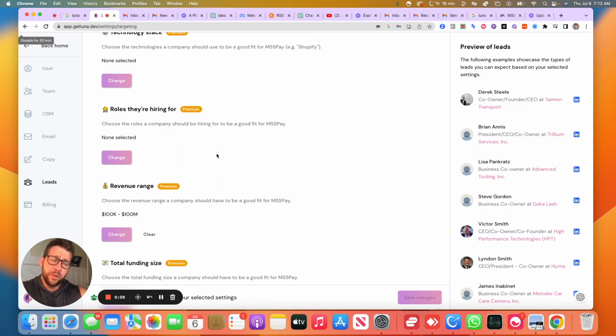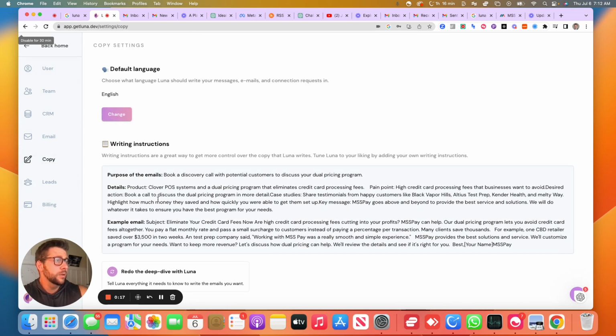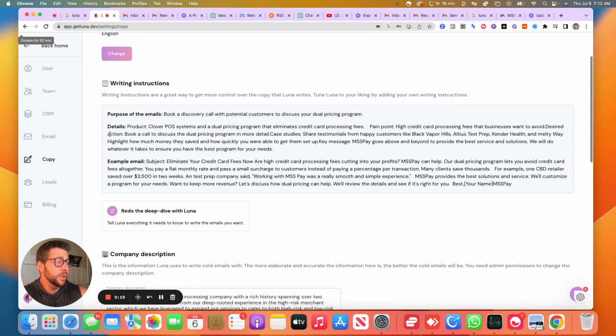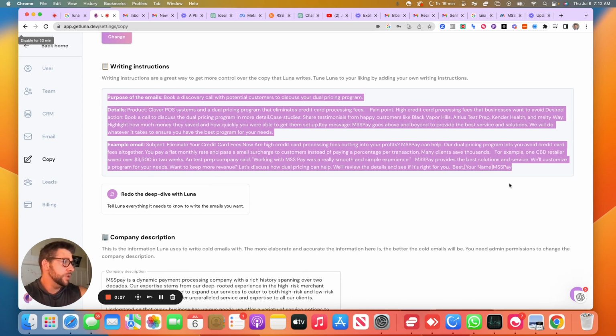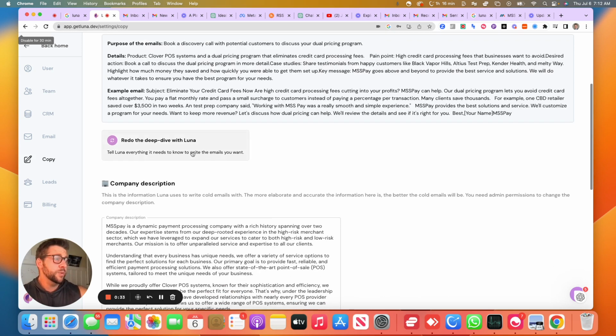Initially, let me review with you what we've done so far. Let's go over these different pages and how they are going to be relevant. First, copy. Loading this, writing instructions. This is what I developed out through my interaction with Luna. This is the general writing. Yes, I can provide this to you. And guess what? I will, but you should develop out something yourself based off of your own interpretation of what this looks like. This was through a deep dive conversation with Luna, back and forth discussion.